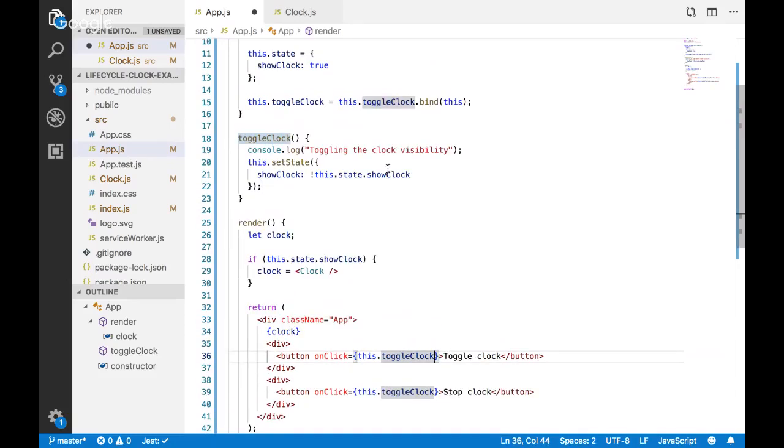Also, now toggle clock is too vague. So I'm going to change this to toggle clock visibility, because this one will be toggle clock running, I guess.